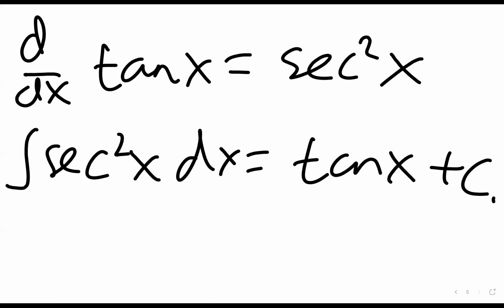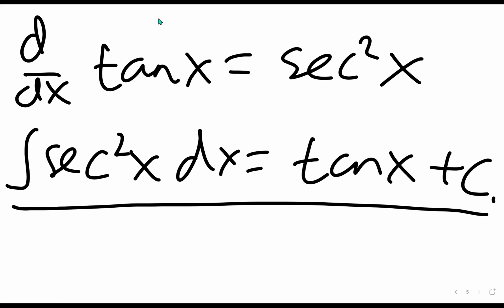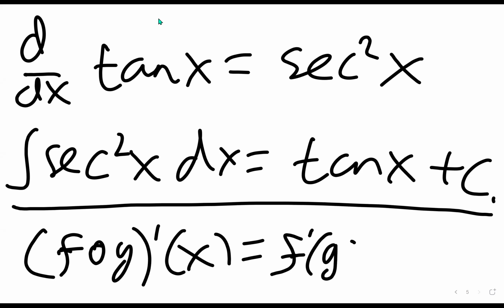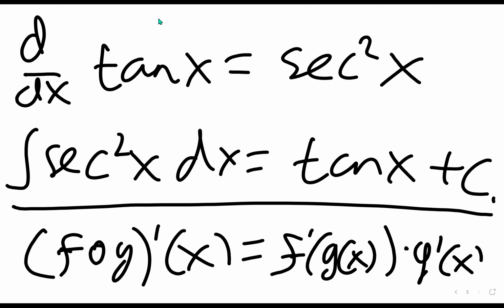You may use the chain rule to obtain the antiderivative of certain functions. For example, by the chain rule, we know that the derivative of a composition of functions is just the product of the derivative of f evaluated at g(x), multiplied by the derivative of g itself. Of course, if we consider its antiderivative, then if I want to evaluate the antiderivative of f prime g(x)